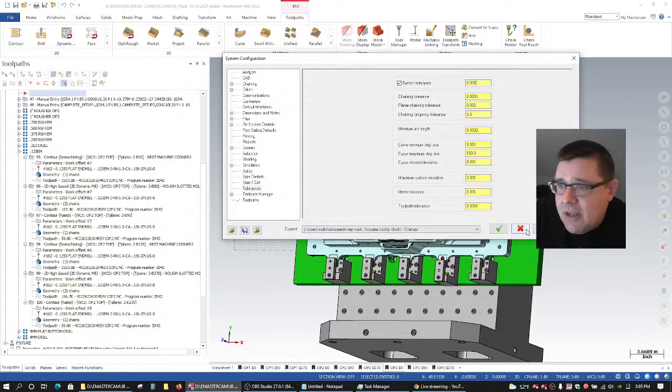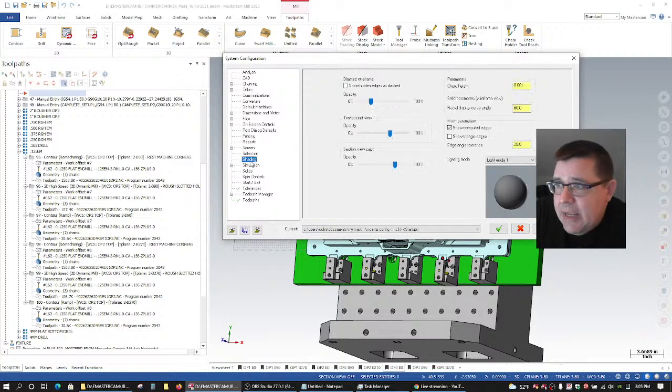But the other thing that comes up is shading. This will really affect you when it comes to visually manipulating large models. So chord height. This is going to determine how faceted or how smooth your model is. So right now, my chord height tolerance is 1/1000th of an inch. And if I had a really big model to bring in, I would make it something like 10 or 20